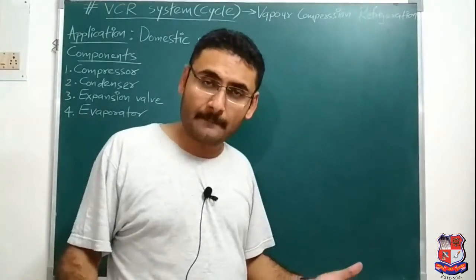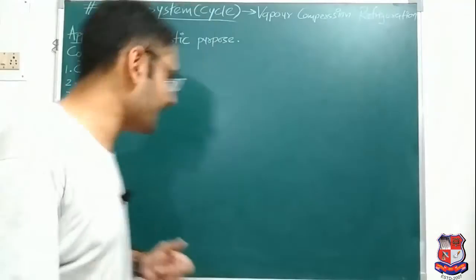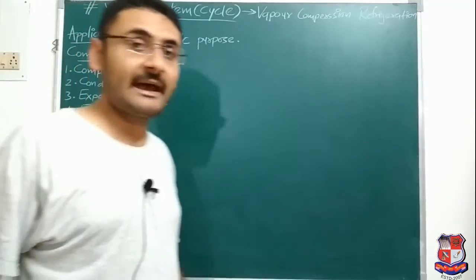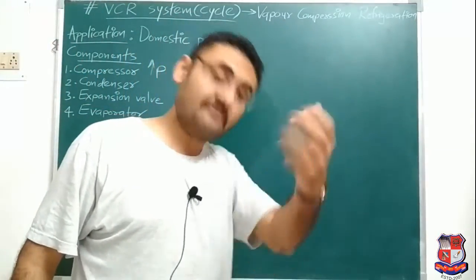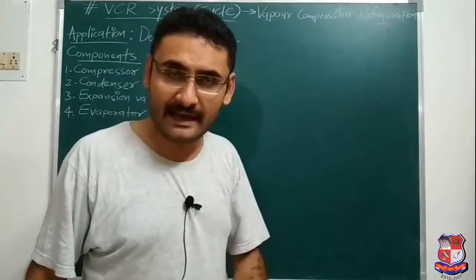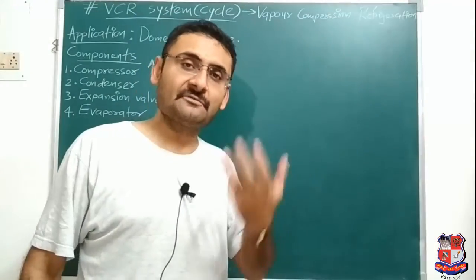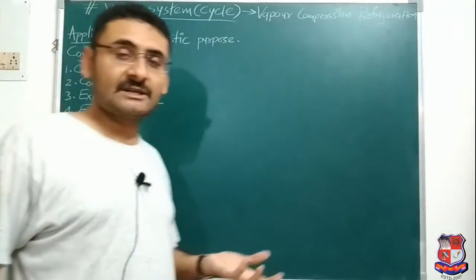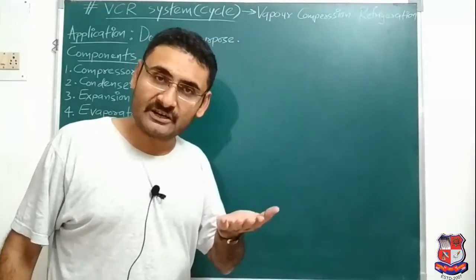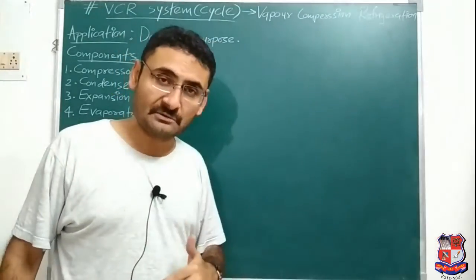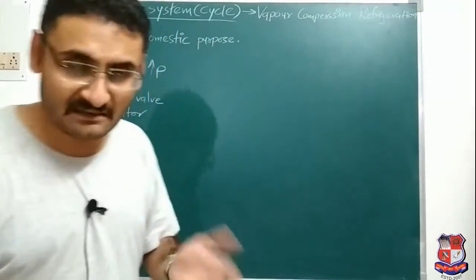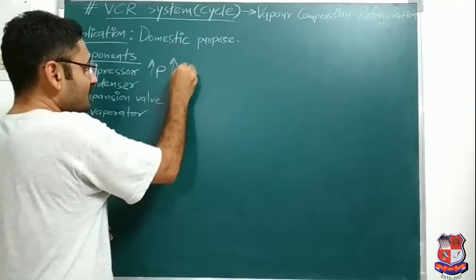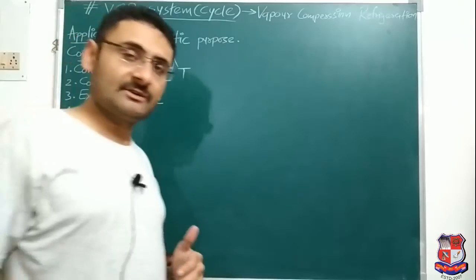So, clear about the meaning of compressor. Compressor means what? It is such a device which is used to increase the pressure of what? Not of air, but of refrigerant. Because in VCR system you are not using air, you are using refrigerant, which is in the form of vapor. Later we will see. Now compressor is clear. Compressor is a device used to increase the pressure of refrigerant, and as you know, pressure is directly proportional to temperature. So if pressure is increasing, temperature is also increasing. So compressor is such a device which is used to increase the pressure as well as temperature of a refrigerant.